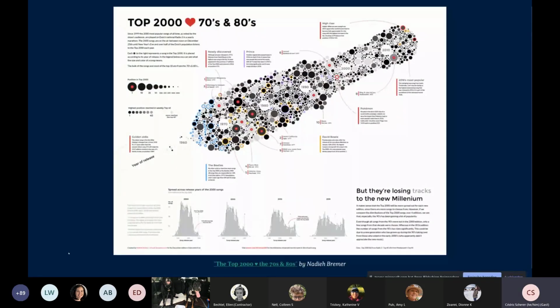One fancy beeswarm plot you might know as well, by Nadieh Bremer. It's this visualization of the number one songs, I think, at least on the Billboard charts. And yeah, we don't dive into it here, but you can make also colorful things with these and use colors to encode different variables. And here you see that we also have these red indicators and outlines and stuff, so you can do way more with beeswarms.